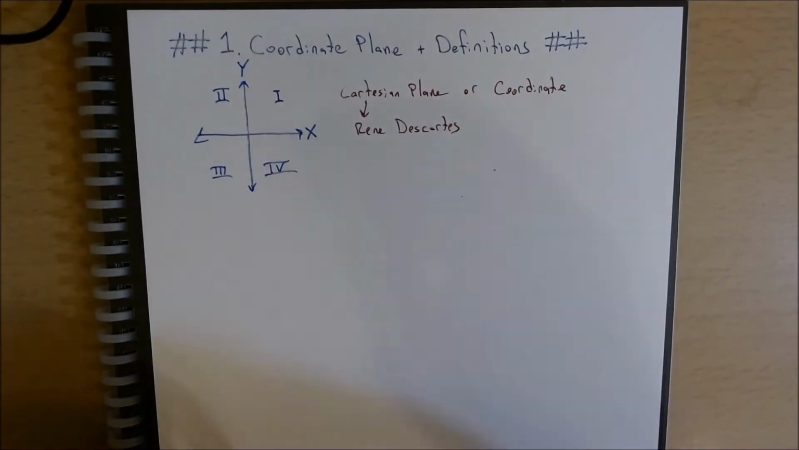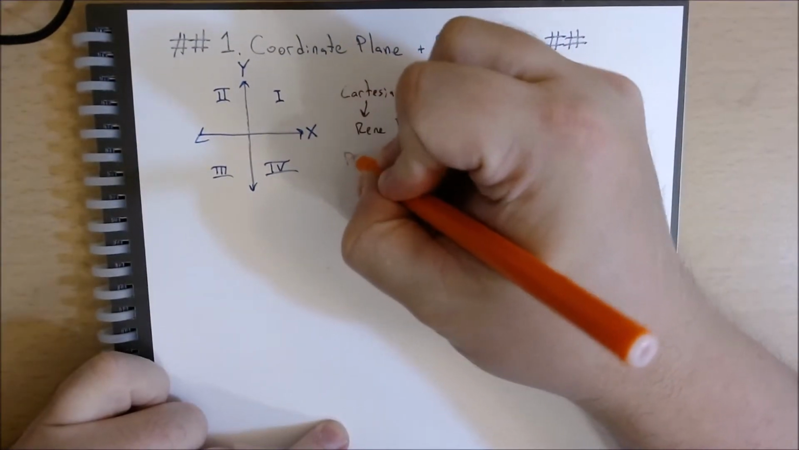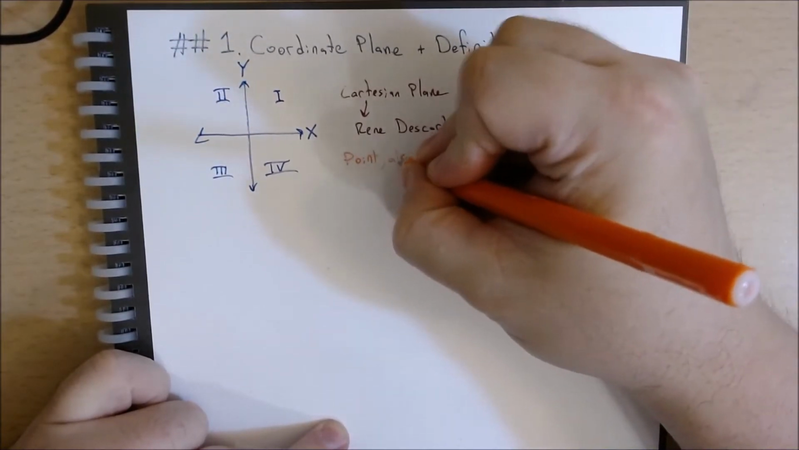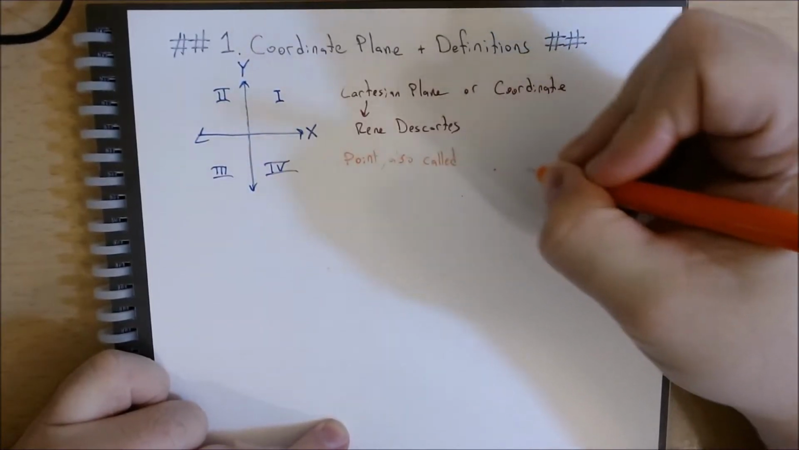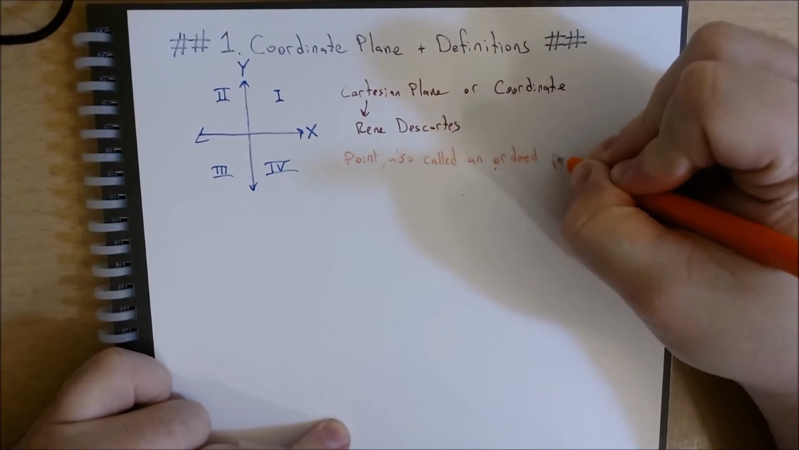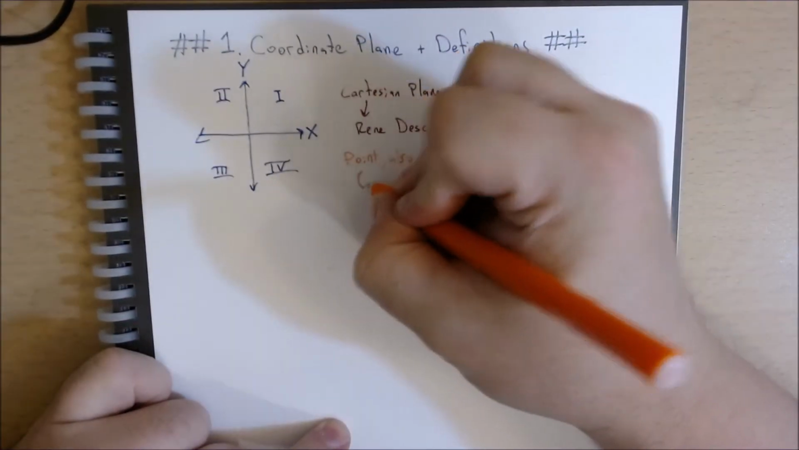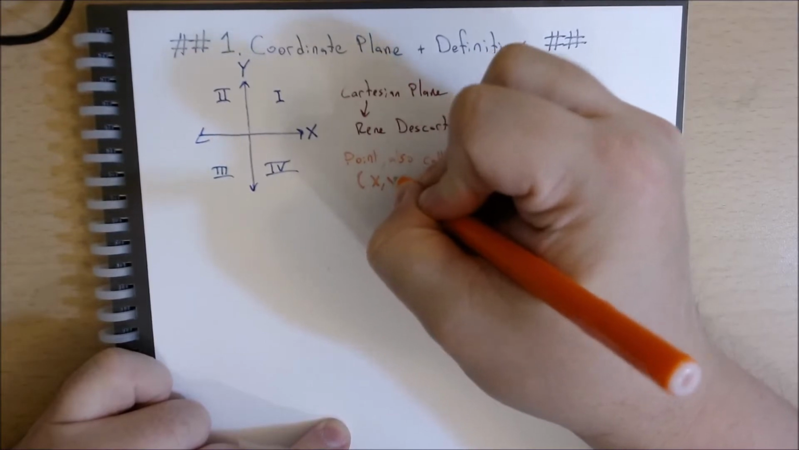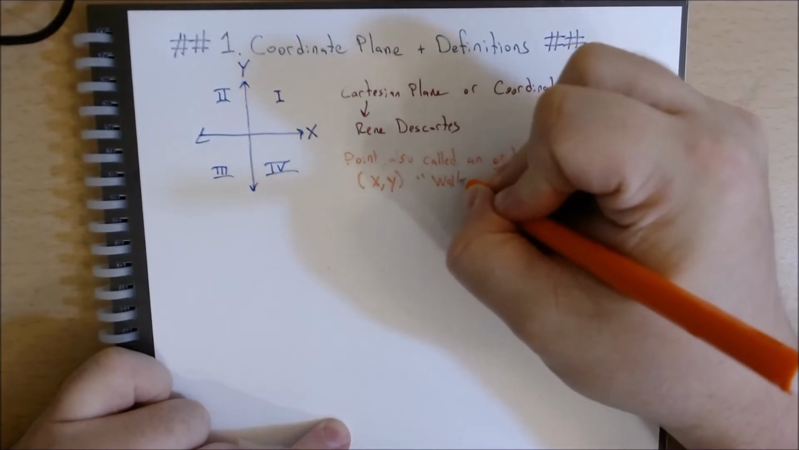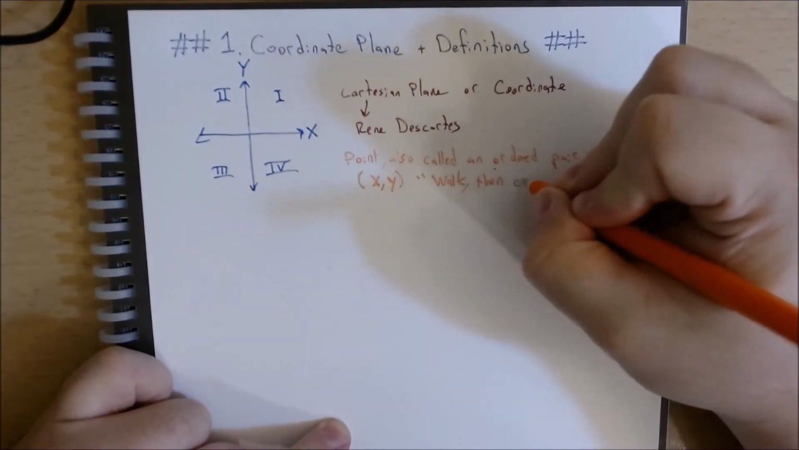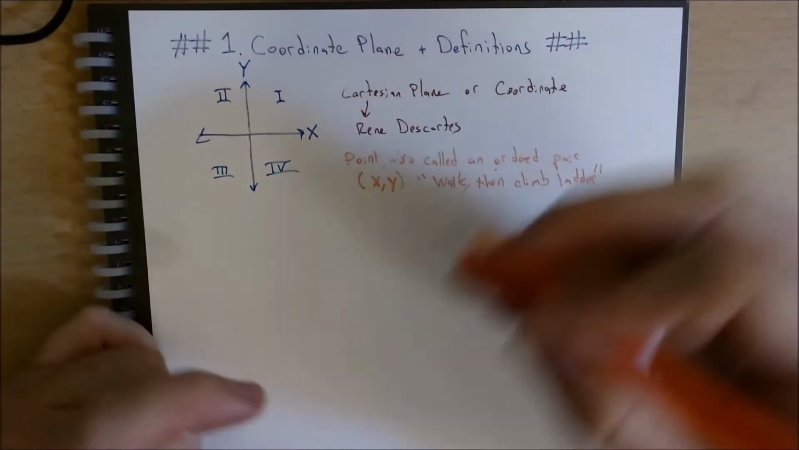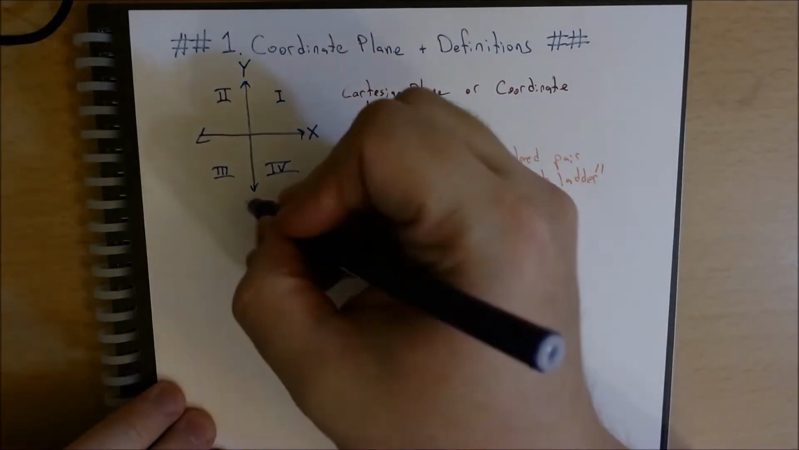So, to graph a point, which is also called an ordered pair, you do the x-coordinate first, then the y-coordinate. Sometimes it's you walk, then you climb the ladder. Easy enough. So basically, if I asked you to graph the point